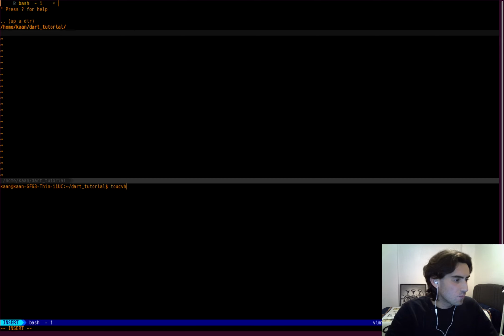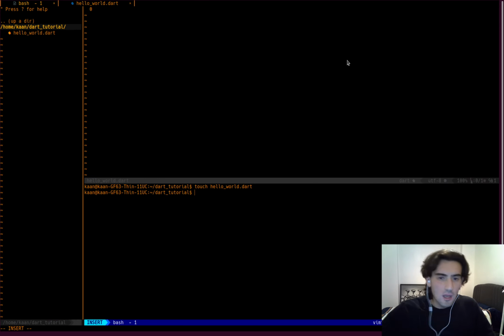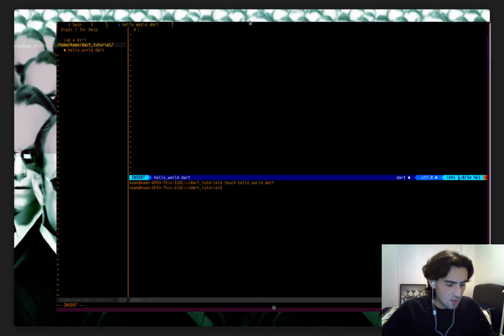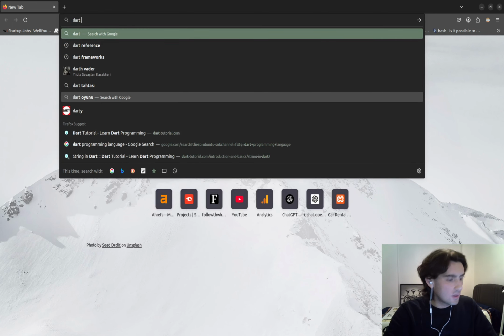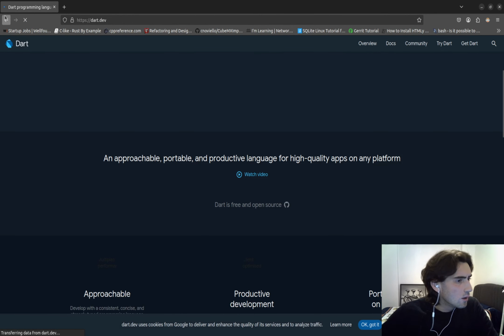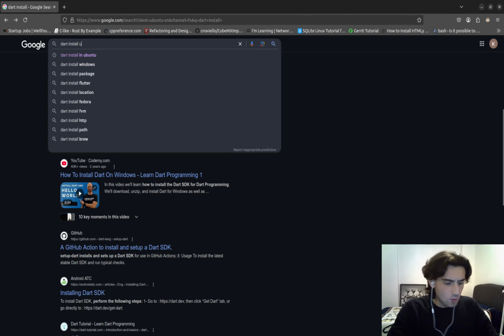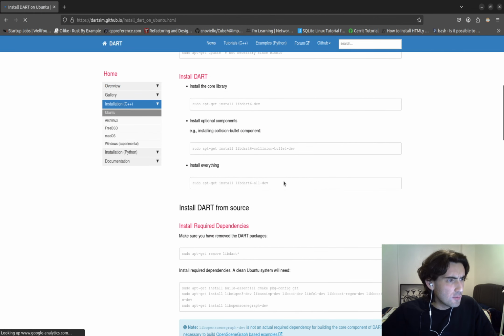So let's start our first program. Touch hello world .dart. I just want to tell you something. Actually, you can see if Dart is installed. Where's the internet? Okay, Dart install. You can install Dart on Ubuntu. There's supposed to be a link over here. Yeah, you can install every library of the Dart programming language with the sudo apt-get install libdart6-all-dev command. Also, you can get the core library by typing sudo apt-get install libdart6-dev. Anyways,